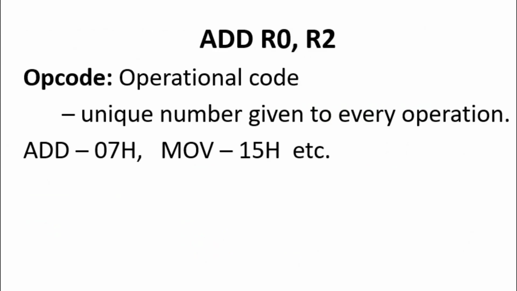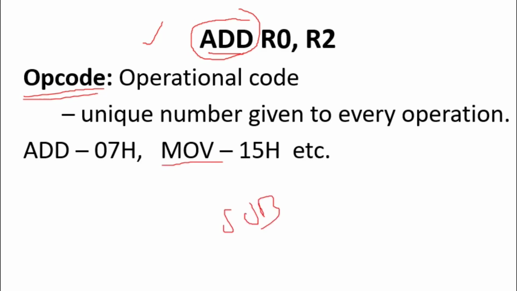Now let us see a few pieces of information that must be included while encoding an assembly language instruction into binary format. One important thing is the opcode. The first detail that must be encoded is the opcode of the instruction. What is opcode? Opcode is operational code. For example, in this instruction, addition is the operation. We will have many instructions, and all the instruction operations are written using the English language. Like for addition we write add, for transfer of data we write move, and for subtraction we write sub. This is to make programming easy for a programmer.